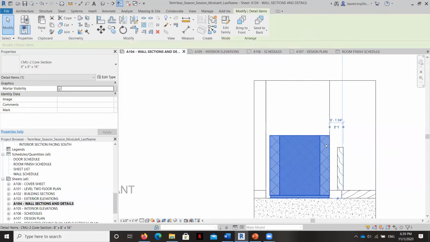Now, what's cool about this thing is that this is like a prepackaged, almost like a block, what we would have in CAD, but it's a prepackaged filled region known as a detail item. And it doesn't have any geometry. If I took a section or a 3D view, you wouldn't see anything, but it's really just this pre-made element that allows us to create our details a lot easier.